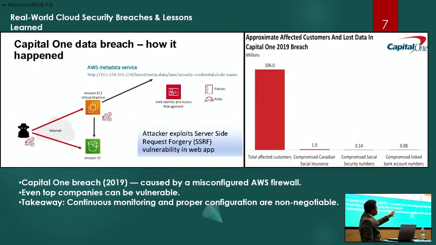After 2019, it happened not just with Capital One; it happened with Uber and some of the automobile industries as well. Why did the data breach happen? We are really good at developing things. We are really good at making sure we get cheaper rates on the cloud platforms and put our data there. But are we really looking into the configuration patterns? Are we really looking at the audits? Are we really looking at the scanning?